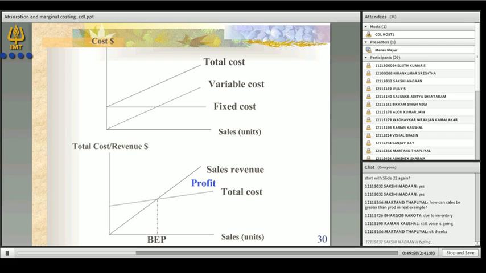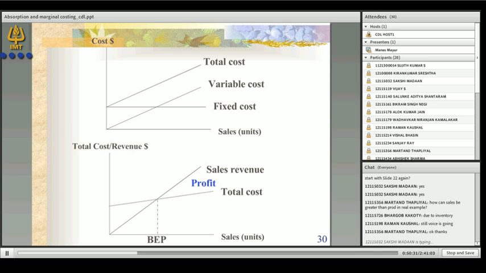Now if you see the total cost line, it starts from fixed cost. That means even when your sales is zero, your total cost is equal to the fixed amount of cost. And as the number of units sold increases, the total cost also increases and the line is almost parallel to variable cost, because your total cost is also changing. Now if we come down to the second graph,